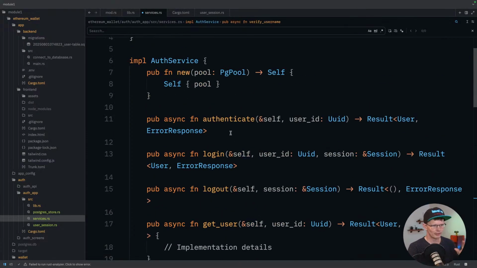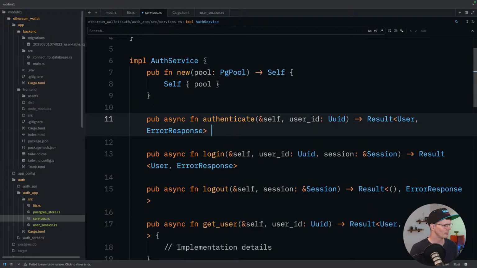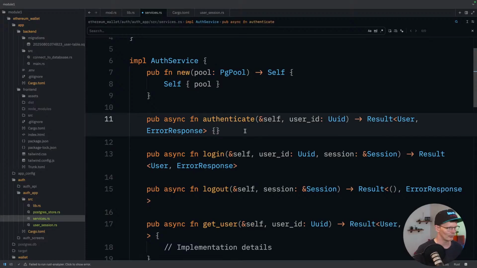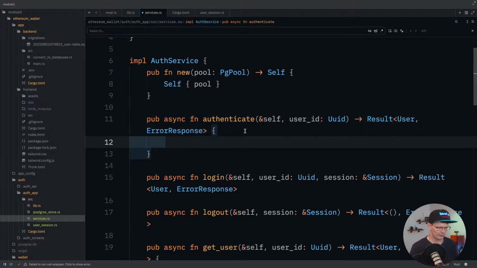So the majority of these we're not going to implement in this video. We will stick with the very basic ones here and just implement the authenticate and login and logout. And so the authenticate is going to be quite simple. We will get the user from SQLX, and we'll do this as query